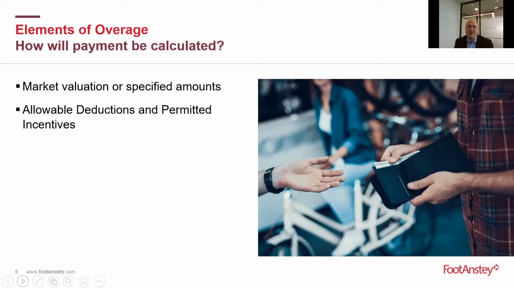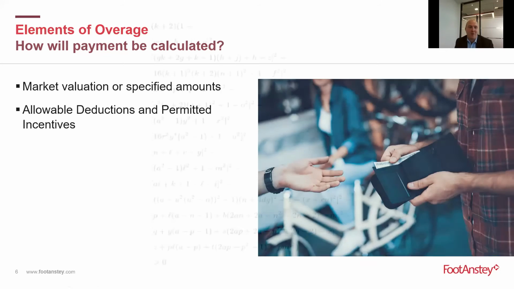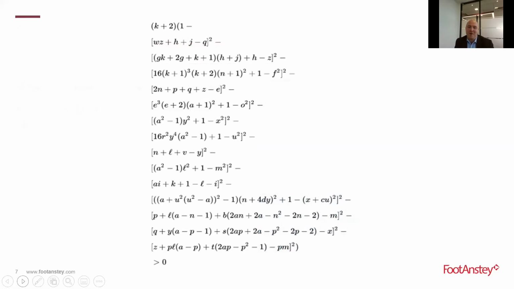Unless the overage is really simple, it is, I think, always a good idea to provide a mathematical formula for any calculation. If it's particularly complex, you may also want to consider including a worked example within the contract. While we accept that overage provisions can be complex, there's always a danger of just making overage provisions far too complicated for anyone other than the mathematician to understand. So if you end up with an overage calculation looking a bit like this one on screen, then I suggest you may want to reconsider the clause.